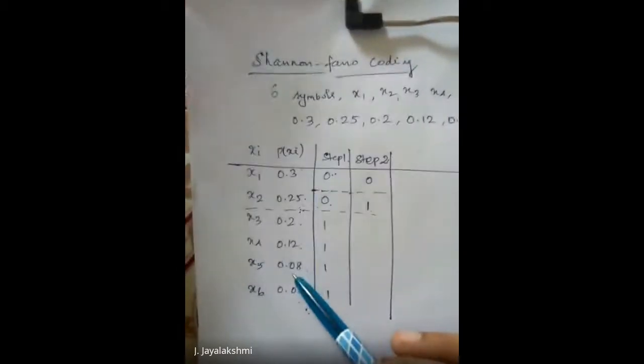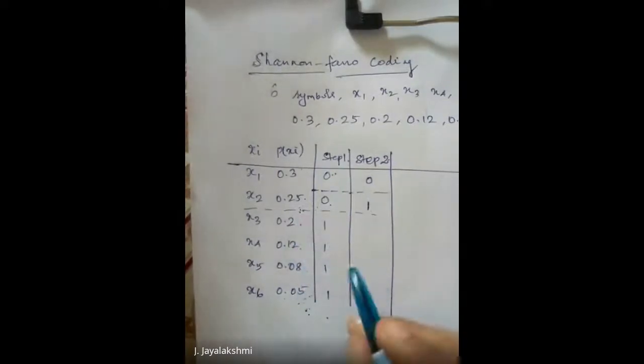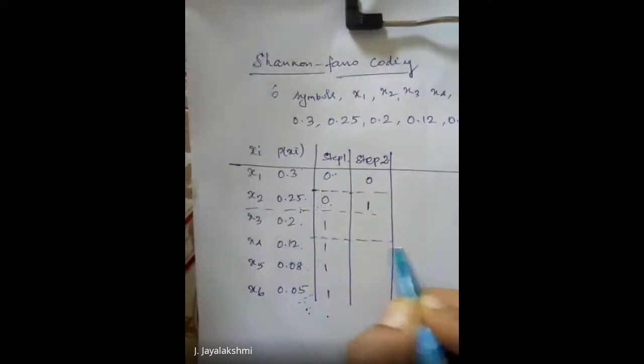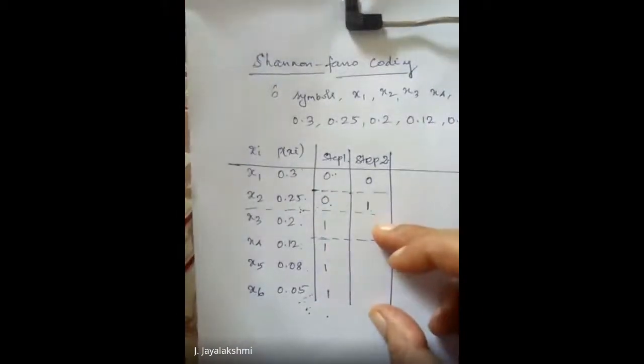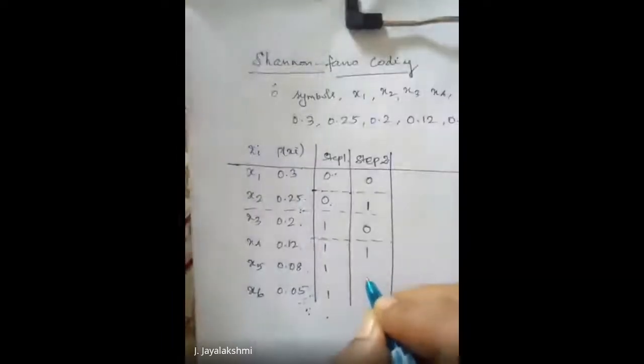One is 0.2, and you add 0.1 and 0.08, which will be 0.2, 0.205. So this is going to be 0.205 and the above one is 0.2. So you are splitting this into two. These four probabilities are partitioned into two sets in such a way that you assign 0 to the above one and 1 to the below.